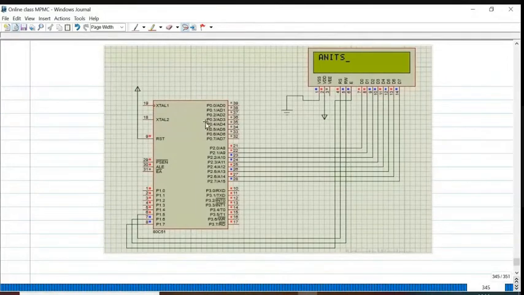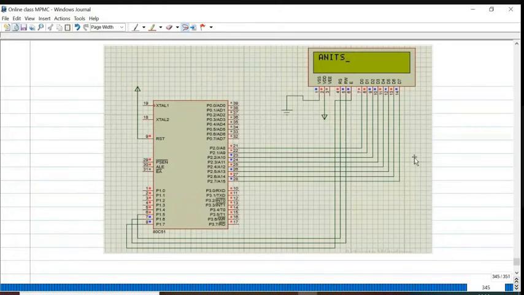I'm using port 2 for data transmission. Whether we are instructing the display to do some work, or transmitting some data to display on this LCD, these data lines are used, D0 to D7 of LCD connected with port 2.